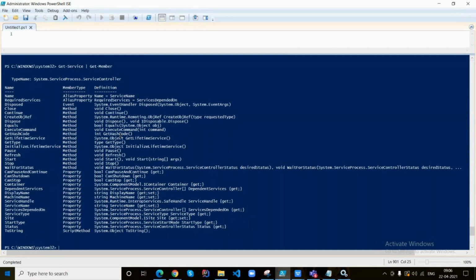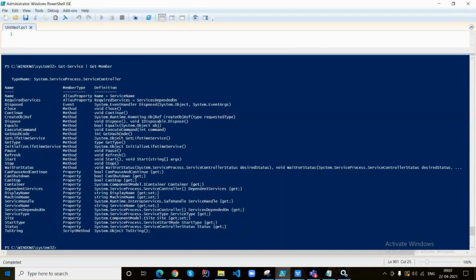You can get the display name, the machine name, the service handle, the site, startup type, status, ToString. These are the different member functions that you can use to filter the output of a service or to get a different property. If you want to get a specific property of a specific service using Get-Service, you can use these member functionalities.